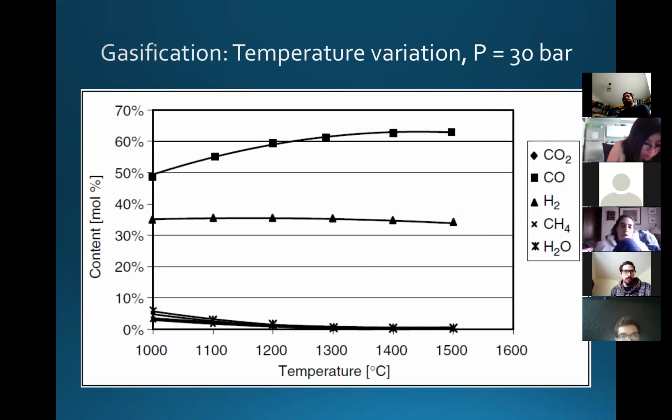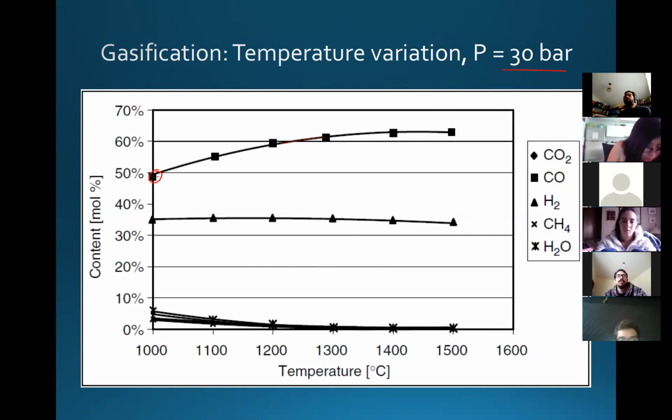And then here is the comparison with the temperature. We said when we saw the reactions that they needed high temperature, right? Only methane didn't need high temperatures. So here you can see, at a constant 30 bars, how a gasifier behaves. At low temperature for this process, at 1000 Celsius, you obtain around 48% of carbon monoxide,